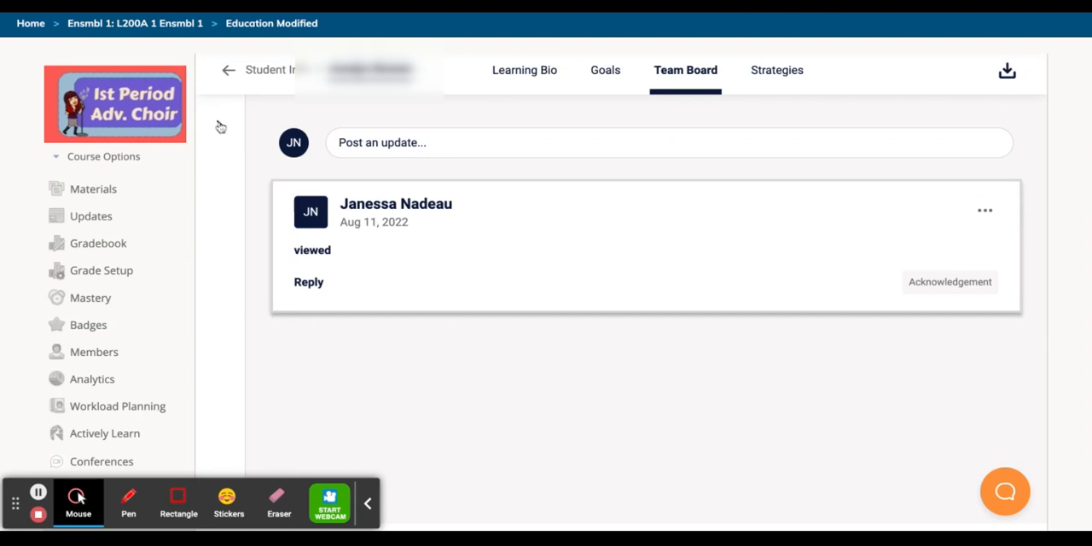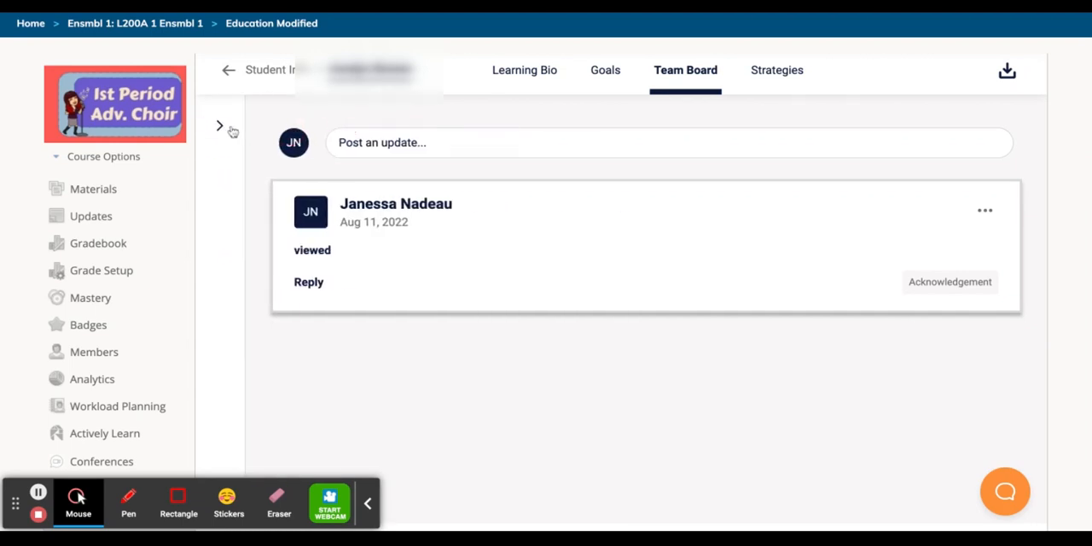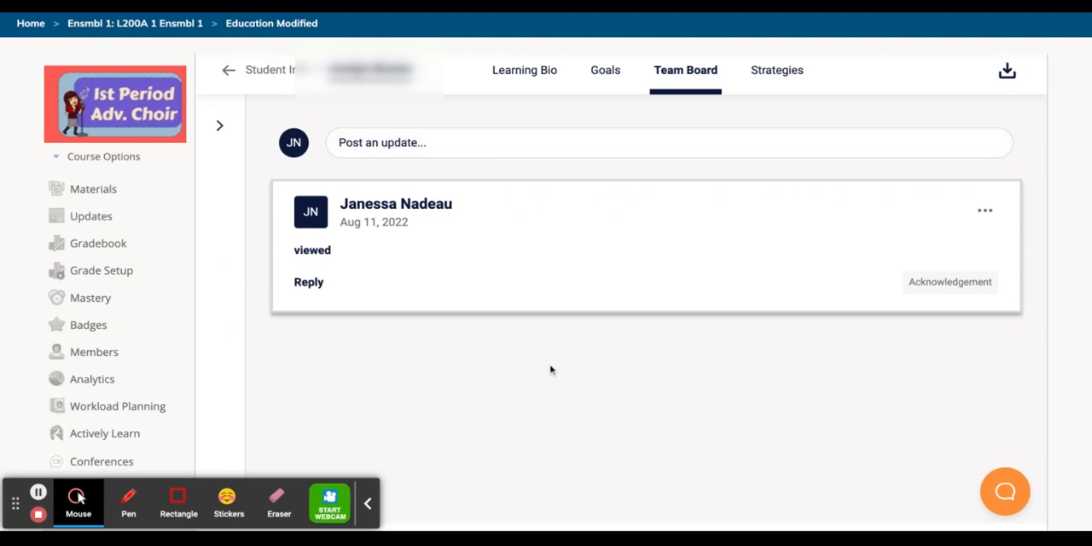Please note, there's also a little sideways caret up here on the top left. It will toggle this filter open on your team board. So if it doesn't look exactly like this screen, you may want to look for the little arrow to expand or collapse this section. You've now acknowledged that you received this student's IEP, and you'll repeat this process for the